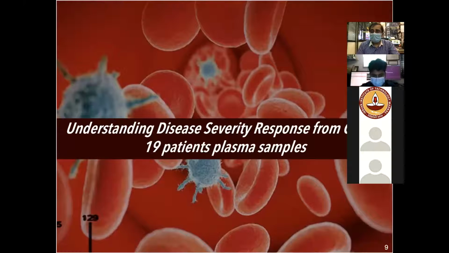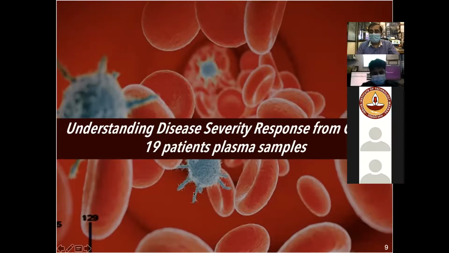So coming to a different sample type, which is the plasma sample rather than the swab sample. Swab can be used much more efficiently for viral detection, but can we look at disease severity response from the blood sample, especially plasma? Plasma was taken from severe COVID patients at different time intervals when the patient is actually having disease severity. Different blood parameters are measured on day 7, day 10, day 14, for example. They look at platelet count, hemoglobin, various other things like CRP protein and interleukin 6. Many of these things are being measured.